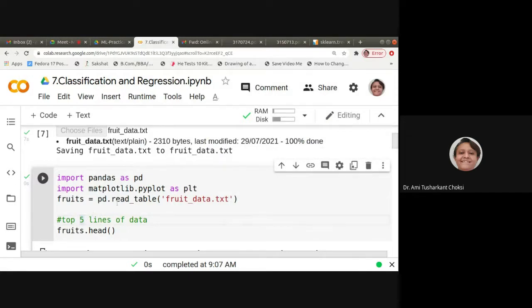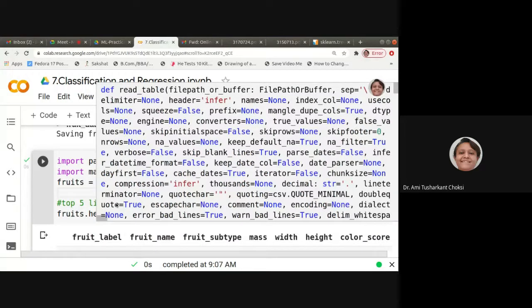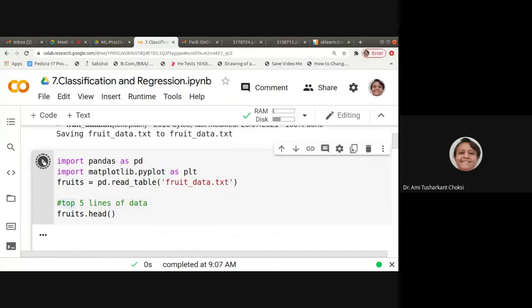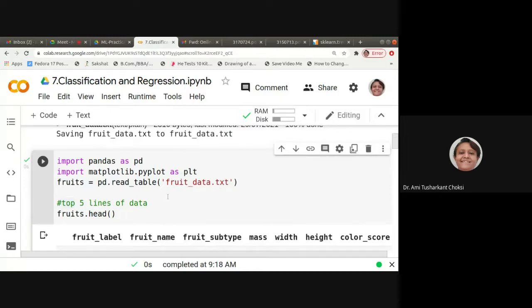The thing is we should run this again today because we ran these things yesterday. So it is not there in the memory of Colab, or if you are using Jupyter Notebook, then also it will not be there in its memory. So we have to run that again. So read the table from our dataset file, that is fruit_data.txt.